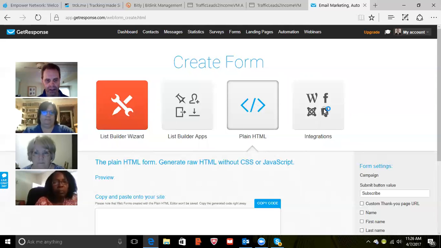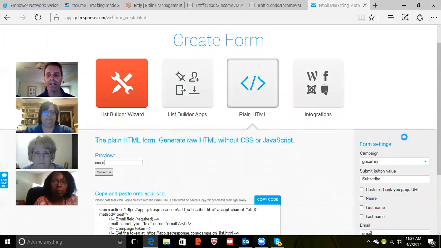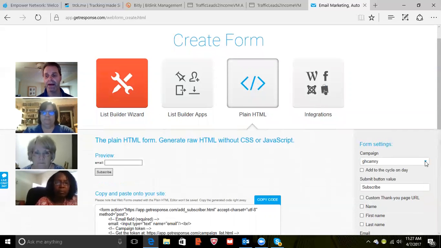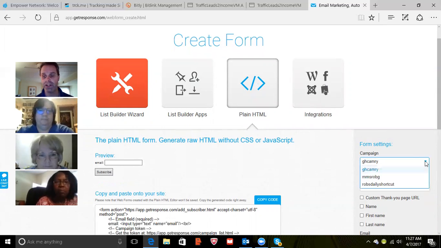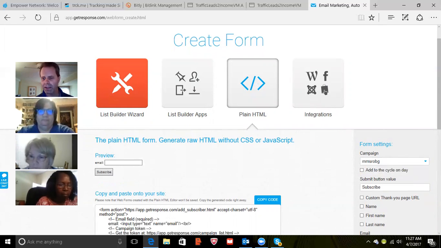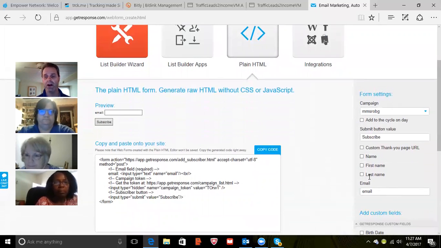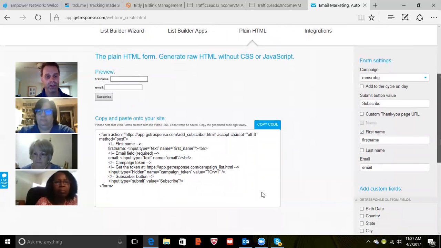There it is. Okay. So really, you just have to make sure that you're in, there's always drop-down boxes so you know you're in the right campaign. So I have to be in the MMS ROV campaign, because that's where I'm creating my form, unless I wanted to create a form for the GH Camry campaign, but I want to create one for the MMS ROV G campaign. Okay, so now my campaign says MMS ROV G. I really don't need to do anything else here other than, it's going to, of course, capture email, but it needs to capture first name. So check the first name box, grab your code,